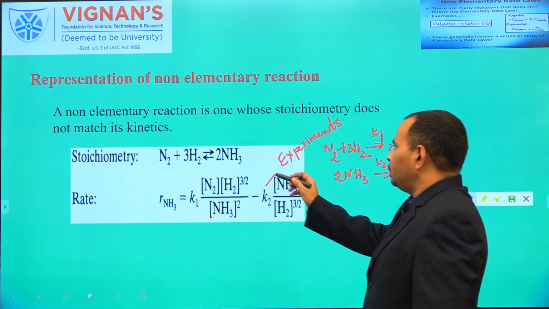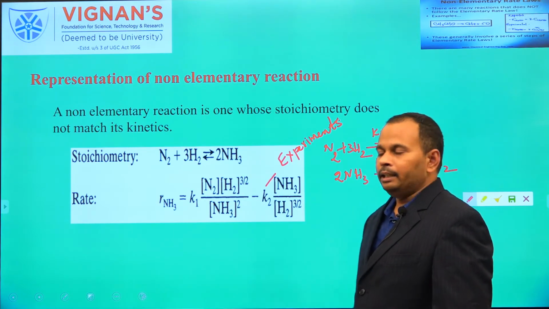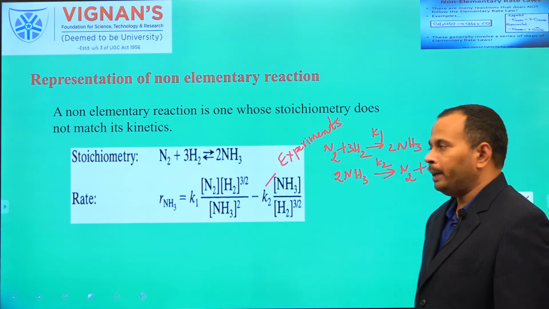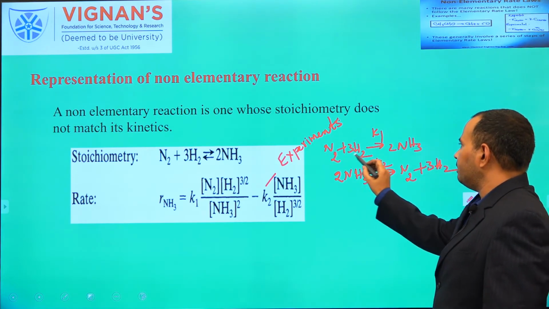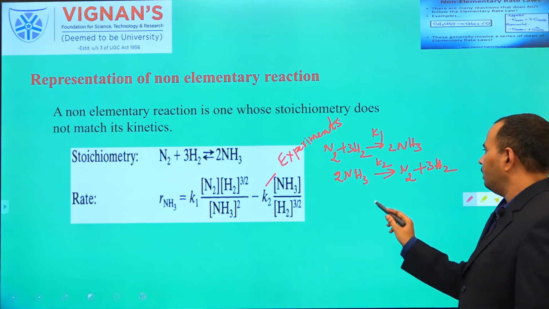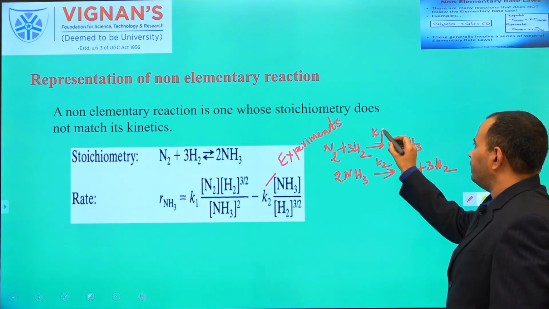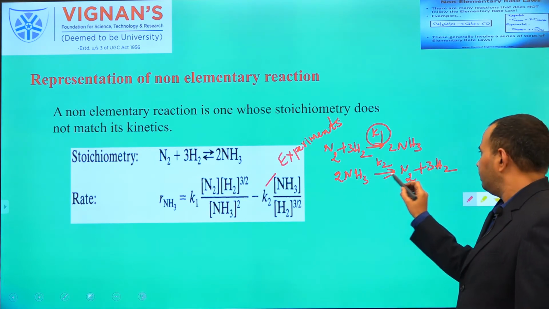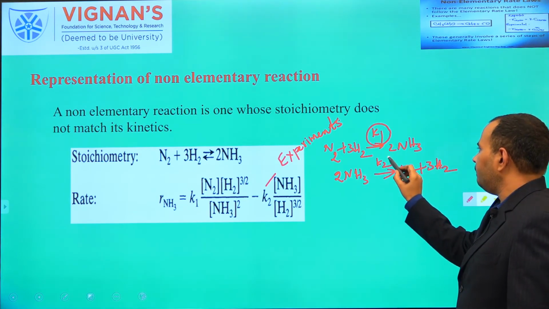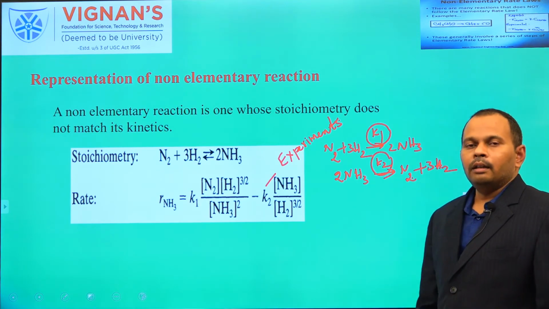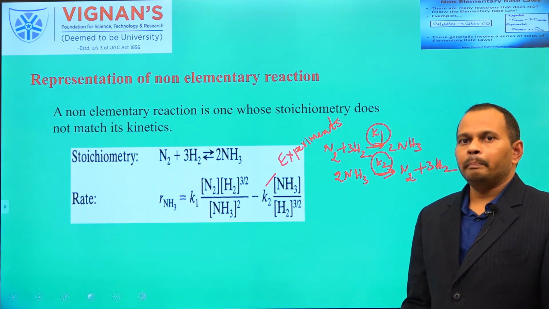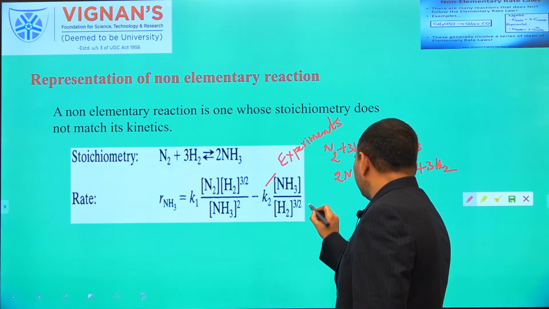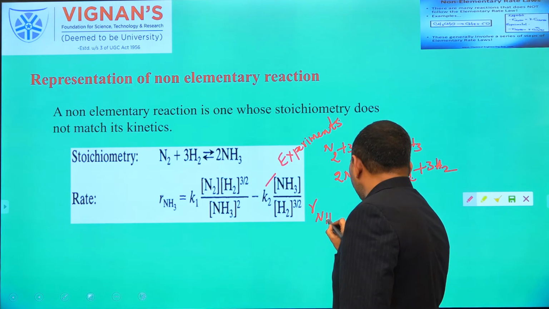So, to determine the rate of reaction based on the stoichiometry, break down this reaction into two steps. First one is the forward step, the other one is the backward step. Forward step is N2 plus 3H2 gives 2NH3. This takes place with rate constant K1, and the backward reaction is 2NH3 gives rise to N2 plus 3H2 with K2. So, for this, write the net rate of formation of ammonia based on the stoichiometry.